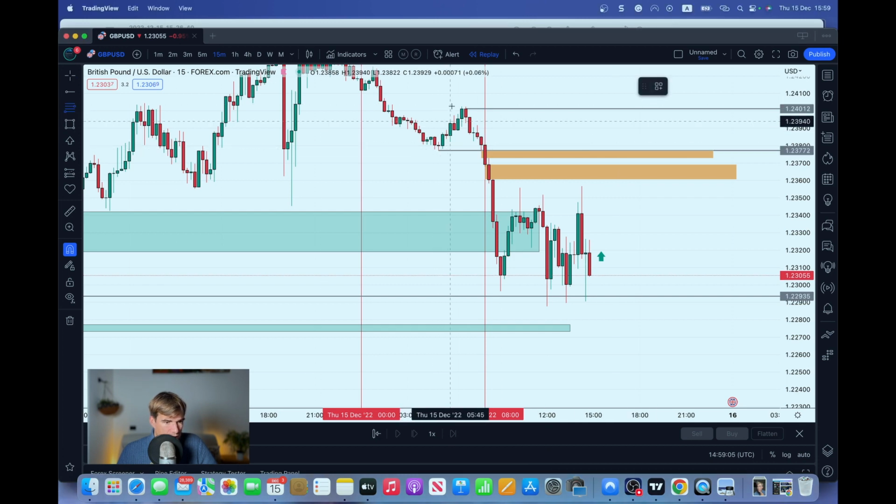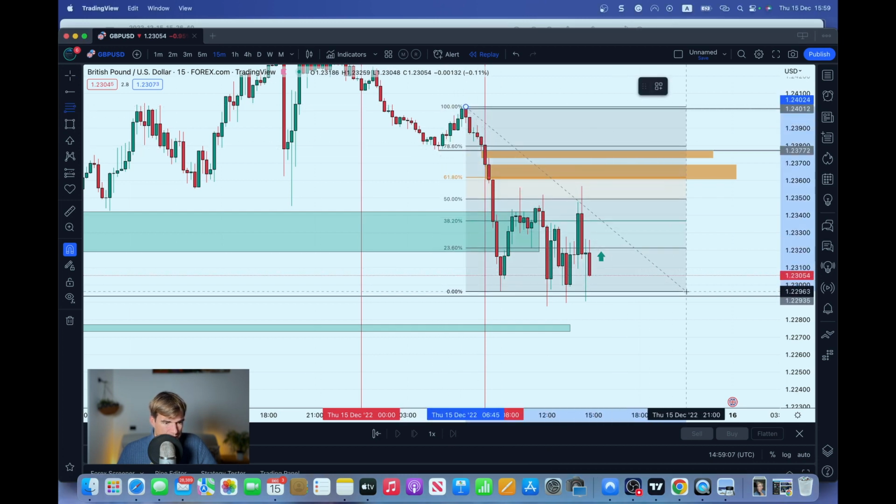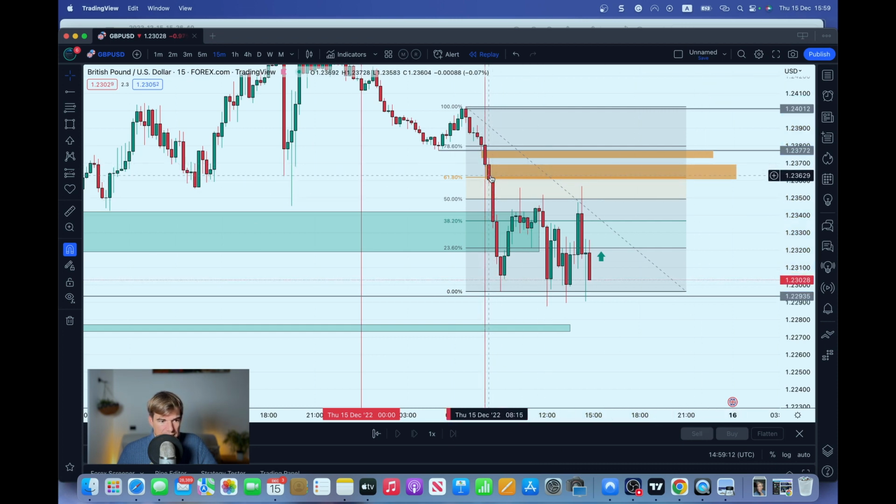If we throw on a fib retracement, that fair value gap from there to there is between the 61 and the 78.6. 78.6 is exactly where the fair value gap is for that retracement. And as you can see, you can have multiple ways of trading this. And the way ICT is looking is not putting anything on the chart. It just looks at the price, and that works. But in reality, they're similar concepts, because